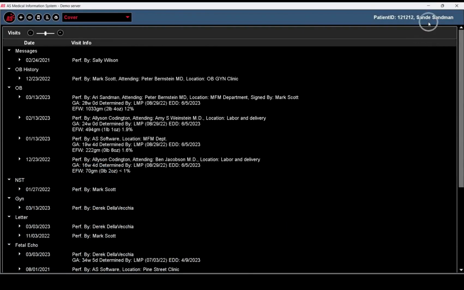To start, you can see that we are in the patient's record within AS software, and this brings us to our patient cover. The patient cover really is a wonderful tool because it provides a bird's eye view of everything that's been collected within AS software for this patient. You can see it set by template in chronological order, collecting everything that's been acquired in AS